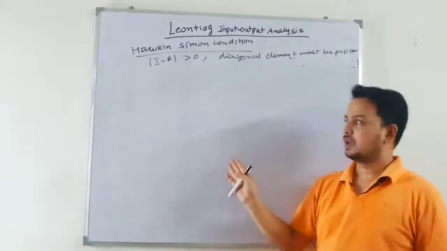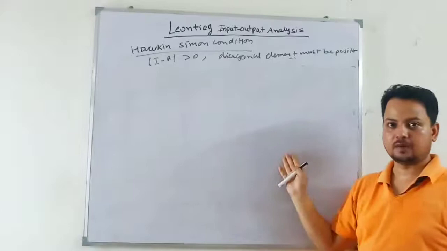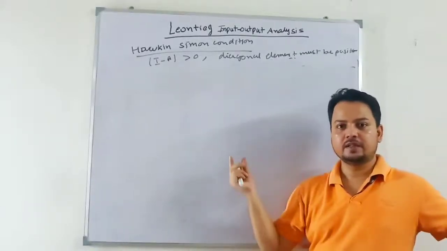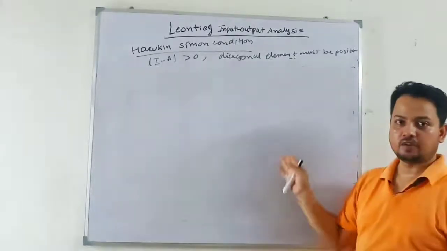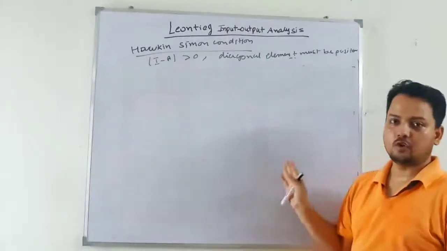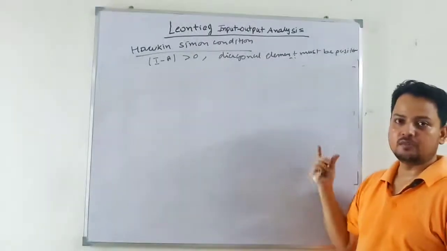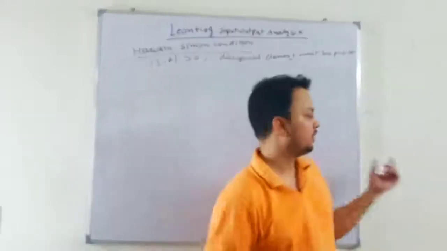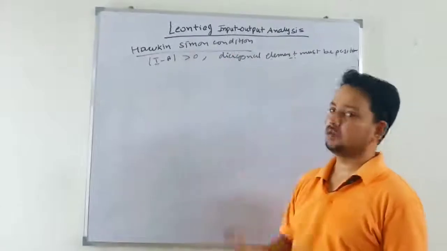Okay, and from the demand side we have internal demand and external demand. If the industry is not providing any external demand, that means it is a closed model. If there is a positive external demand component, that means it is an open model. Then this model is a static model, because the variables we have taken refer to the same time period. So this is the introduction that we have done in the Leontief model.